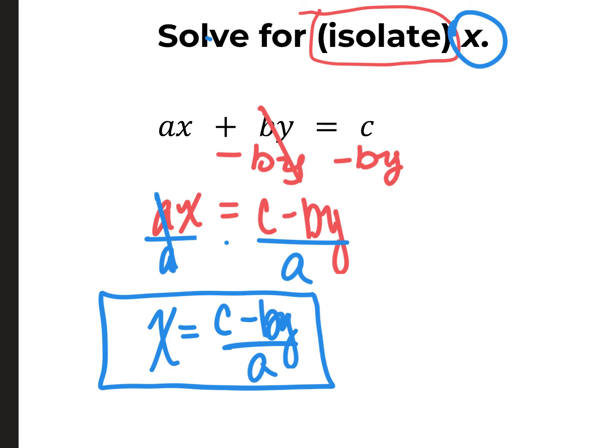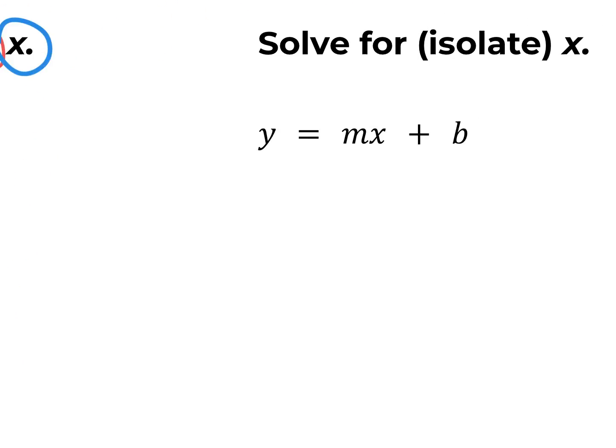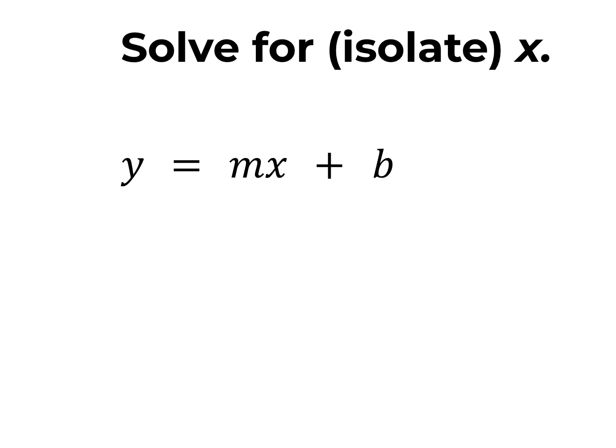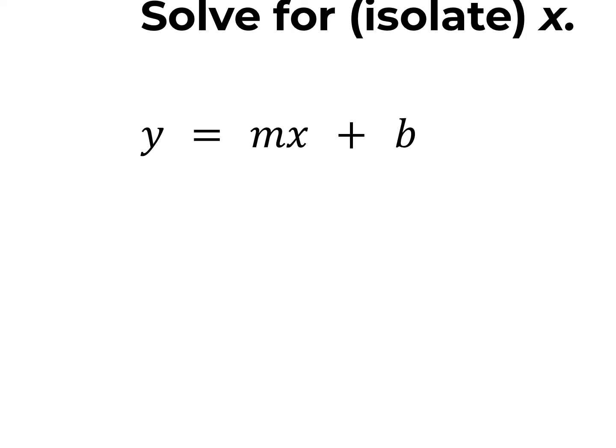All right, so now we're going to start solving these just a little bit quicker now that we kind of understand the concept behind them. So we, again, are going to isolate the variable x, and we might recognize this equation as the equation for a slope-intercept linear equation. So we have y equals mx plus b, and again, we're going to isolate our variable